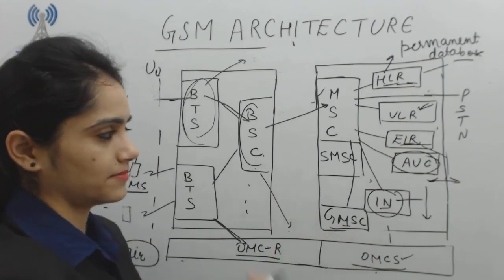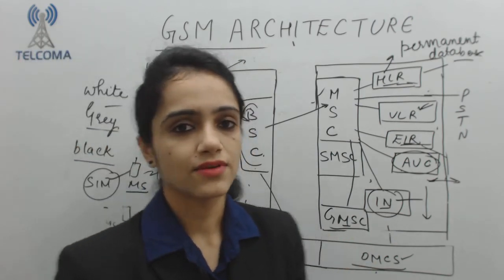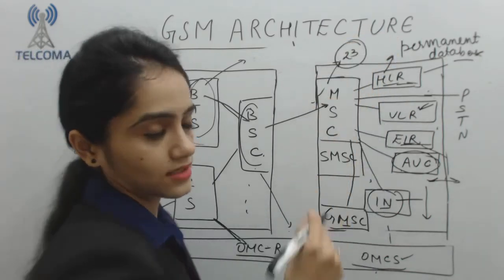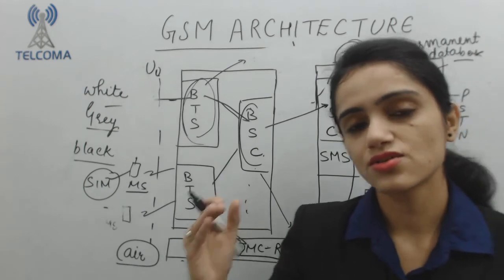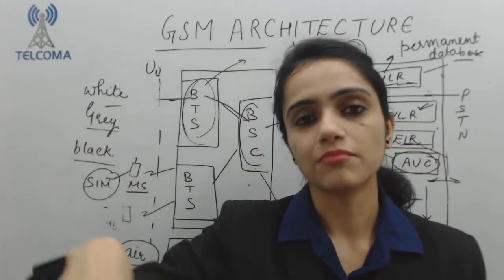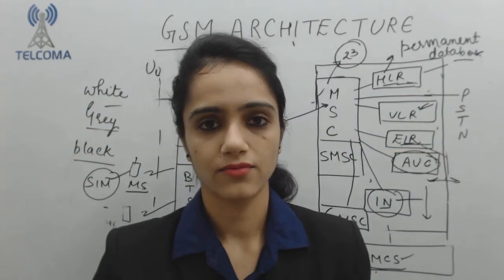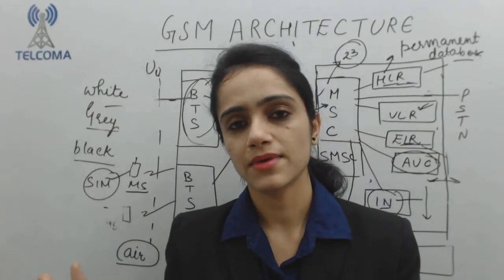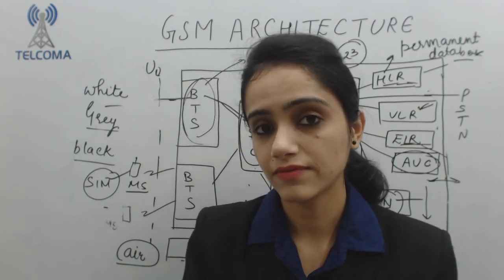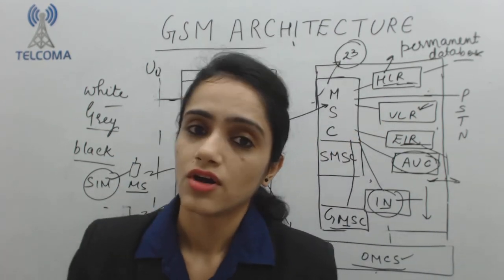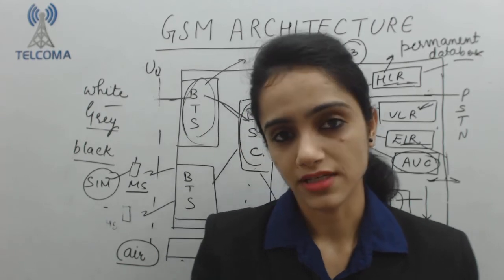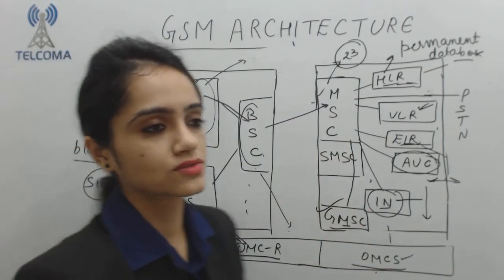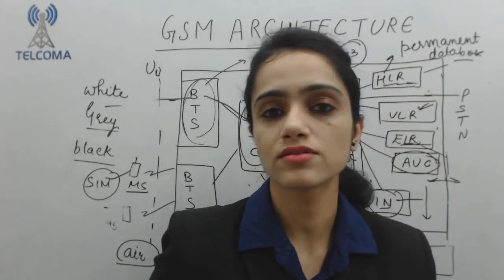Now we have gateway MSC. We have a number of MSCs in India, let it be 23. So gateway MSC is used whenever we require to connect a number of MSCs together. For example, in case of international calling, we require to pass through gateway MSC, and that gateway MSC of India will contact the gateway MSC of Australia, and then only we can communicate. So all the MSCs are connected to the gateway, so that international calling is also possible.